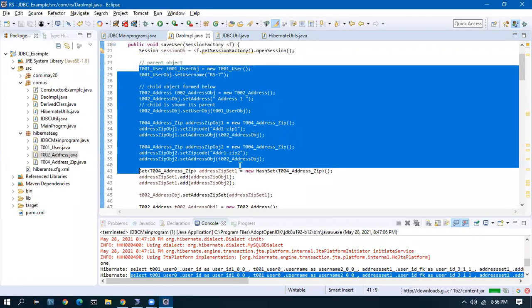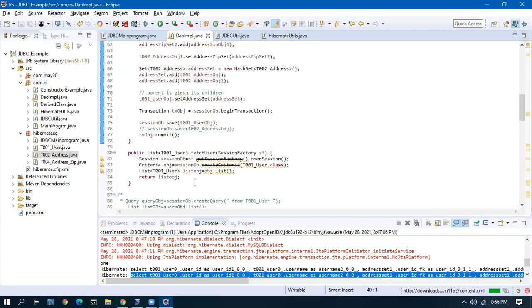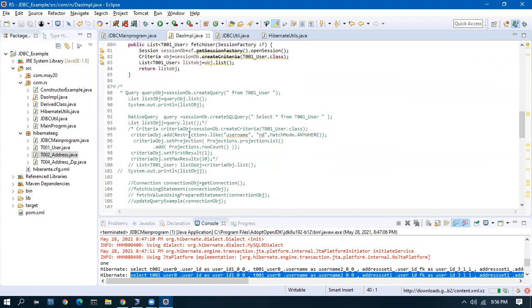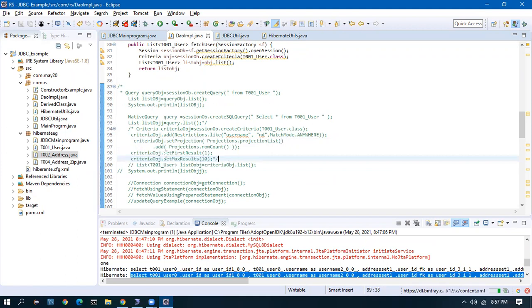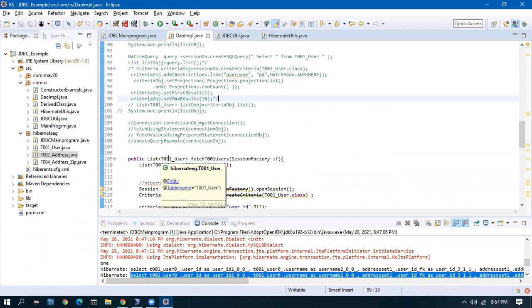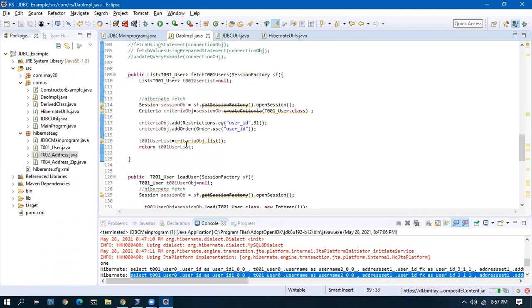And then we saw a couple of examples on restrictions, like queries and match modes, how to do the projection, the total count, row counts, pagination, first results and max results. So you can uncomment these files and check it out. And then today we saw two very important methods in the session object, which are load and find.